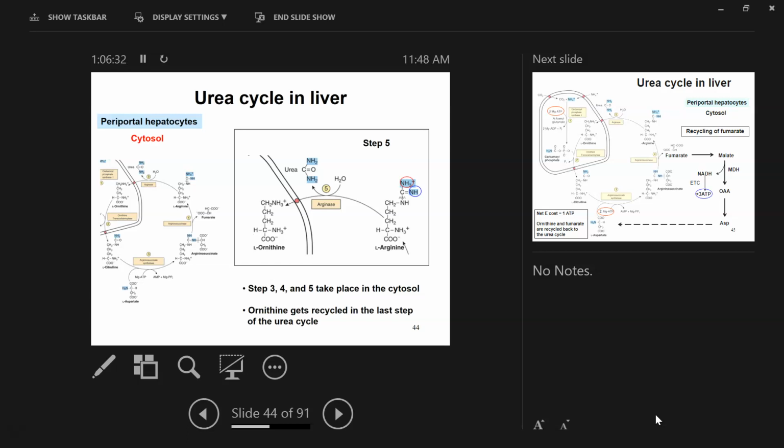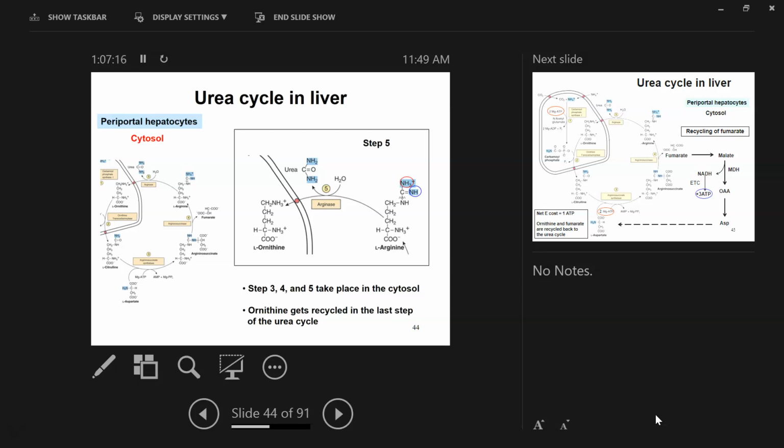Periportal hepatocytes, right? Five steps: two steps in the mitochondria, three steps in the cytosol, and two steps in the mitochondria for generating citrulline, right? And the key enzymes, CPS1 and OTC, are the two key enzymes in the mitochondria for urea synthesis,